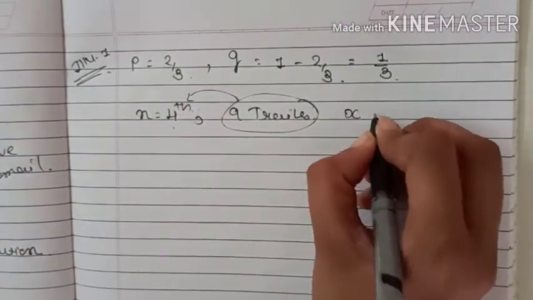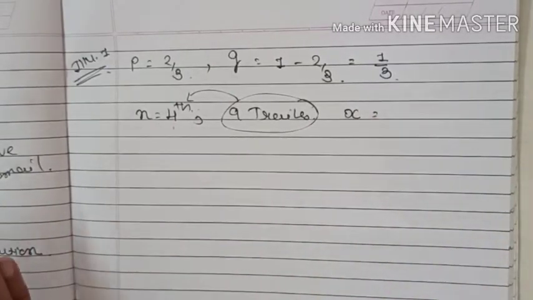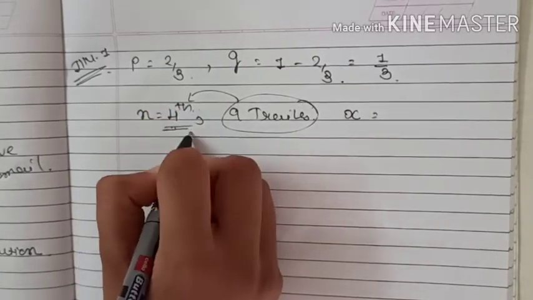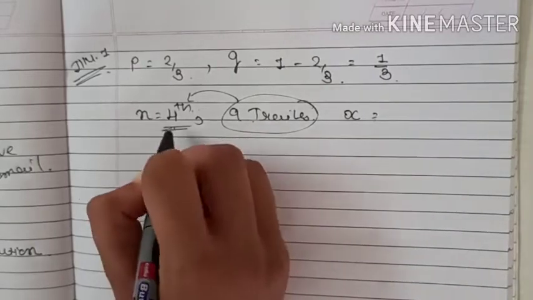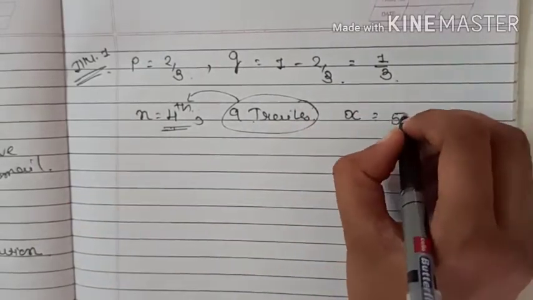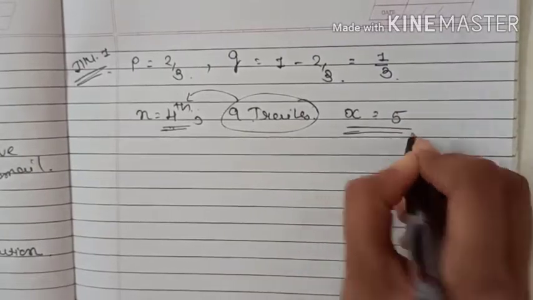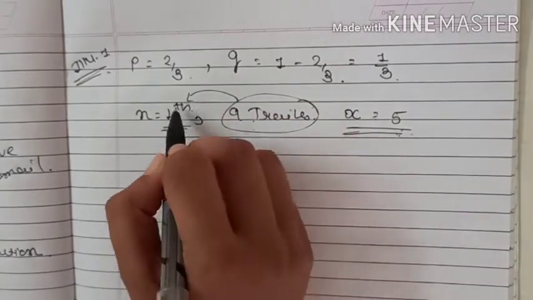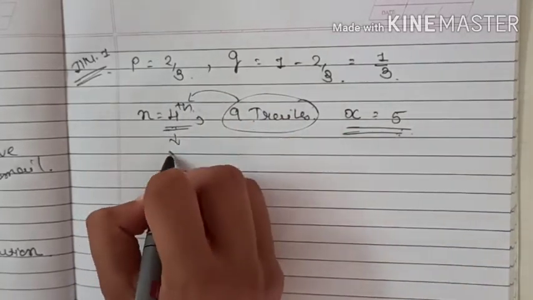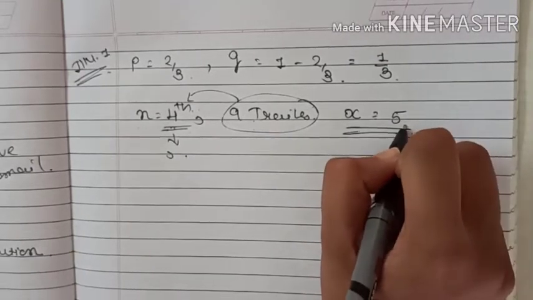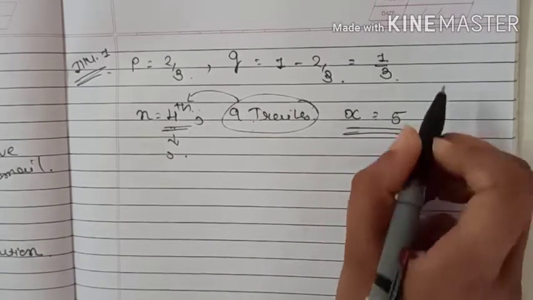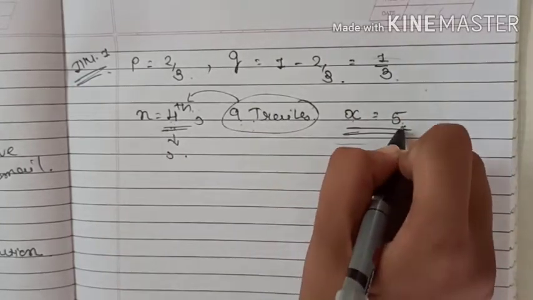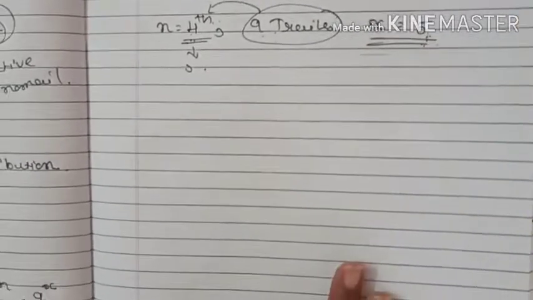So we are calculating the negative binomial. If we achieve the fourth success in the ninth trial, what will x become? x will become 9 minus 4, which is 5. So in the other five trials he gets a failure. If he gets the fourth success, then for the other 5 trials he gets failures. So x will become 5. Let's apply the formula.